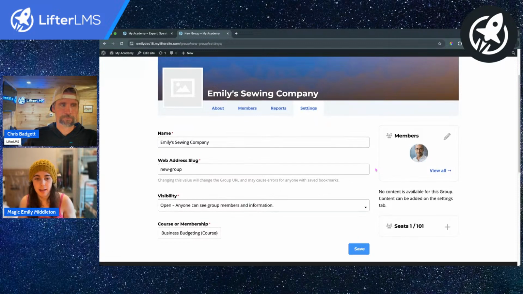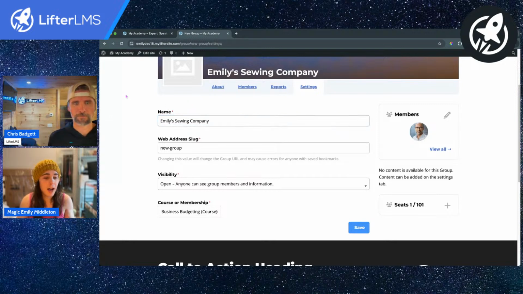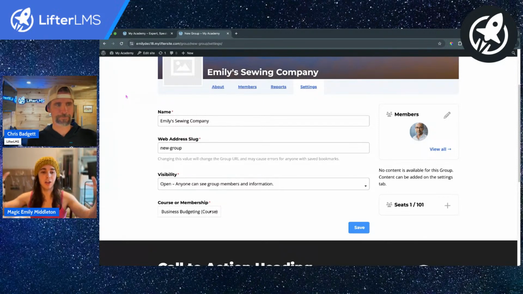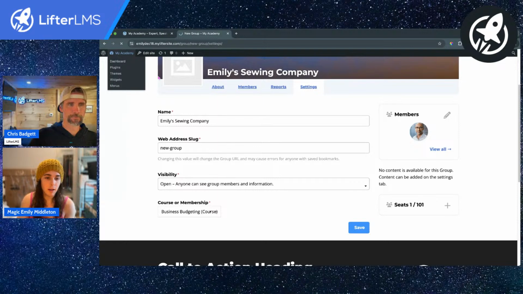And groups also allows e-commerce now. So you could have people come to the business budgeting course directly and purchase 100 seats with LifterLMS groups. We have other content about how to get the most out of LifterLMS groups, but we just want to highlight that vouchers and groups are 2 ways to sell bulk courses into one training organization, and then memberships are a great way to sell